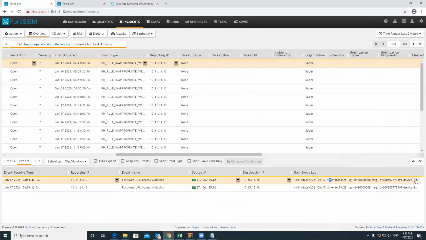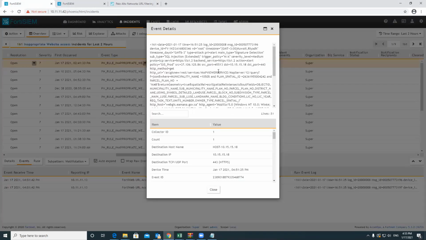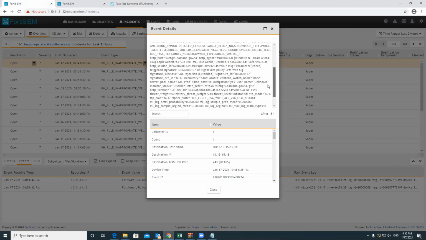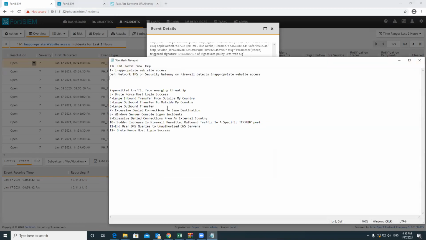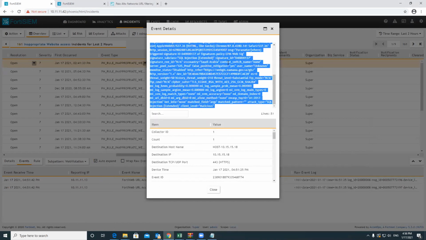URL, method, pattern, attack type SQL injection. So again, that's what I'm saying, right? The alert is a little complex because it's not just looking at the proxy. It's also looking at IPS. It's also looking at the firewall for further detections. So now what happens is